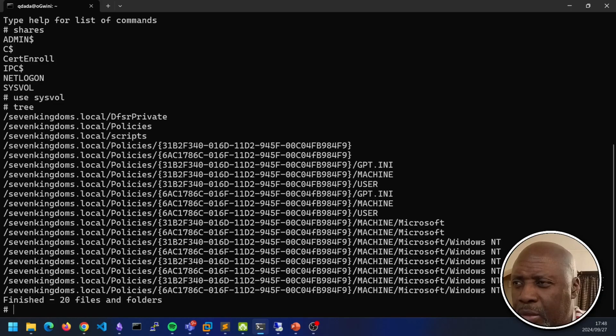We have access to policies, and that's what it's showing us here, but we do not have access to scripts. Okay, great. So that is the difference between SMBclient and Impacket SMBclient.